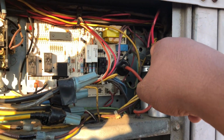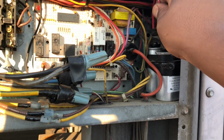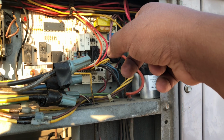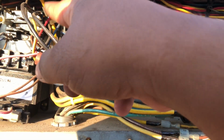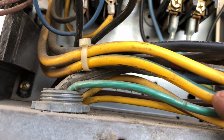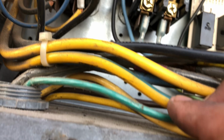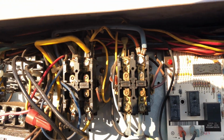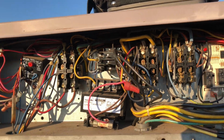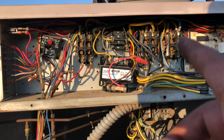And then another wire, I have jumpers over here. Let me check that out. I have another wire, and I imagine it's going to one of these, not the relay, but most likely the contactor, on the common side of the line, the power, the supply. But this is what I'm gonna do: I'm gonna disconnect them